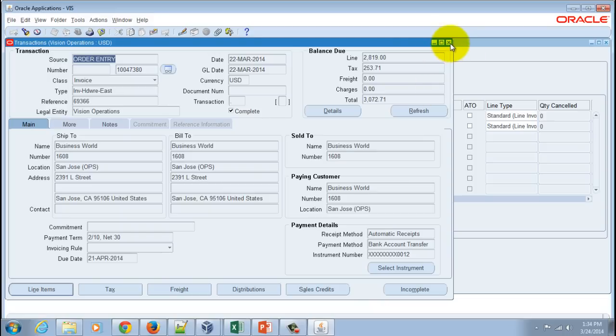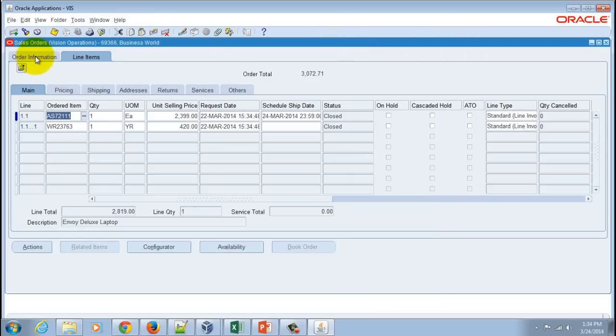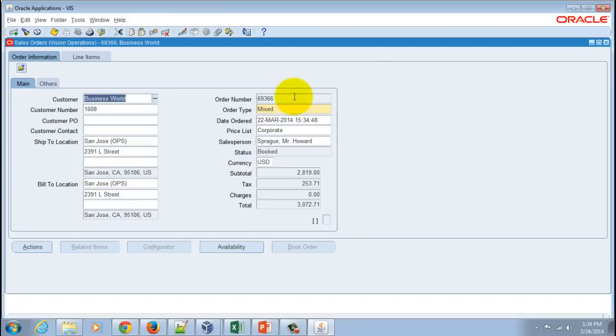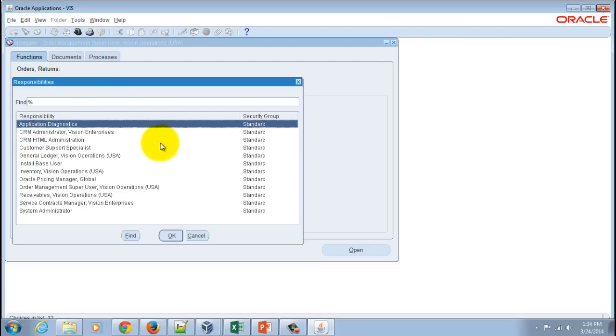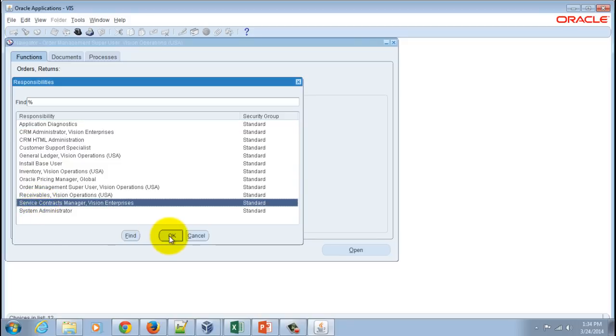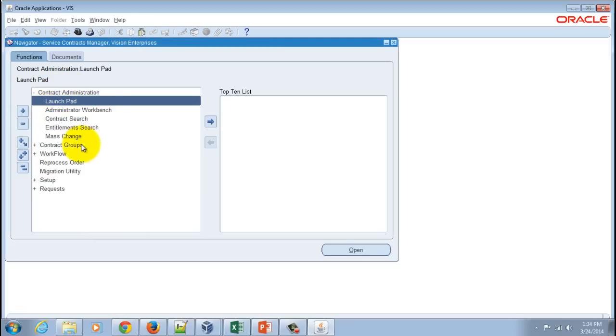Now I'm going to close this, and now I will go to service contracts, and I will show you the two service contracts that got generated automatically. One for the standard warranty which came with the product itself, and second is for the extended warranty. Okay, so we'll copy the order number, and I'm going to close this window. I will switch the window, and I will go to the responsibility called Service Contracts Manager Vision Enterprises, hit the OK button, and then I will navigate to Contract Administration,